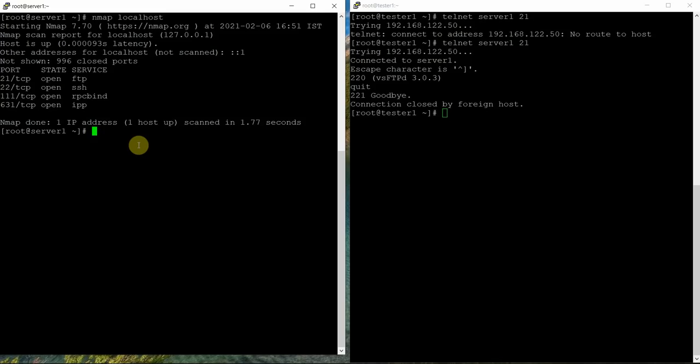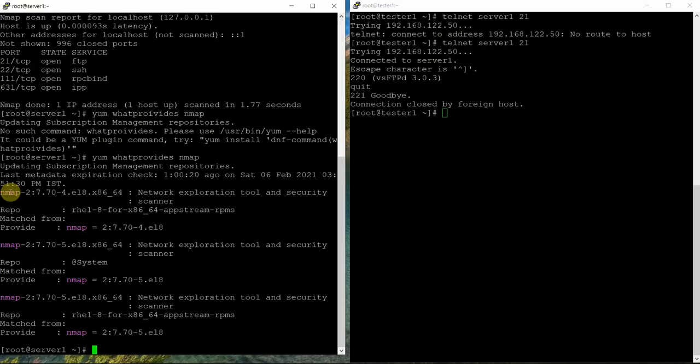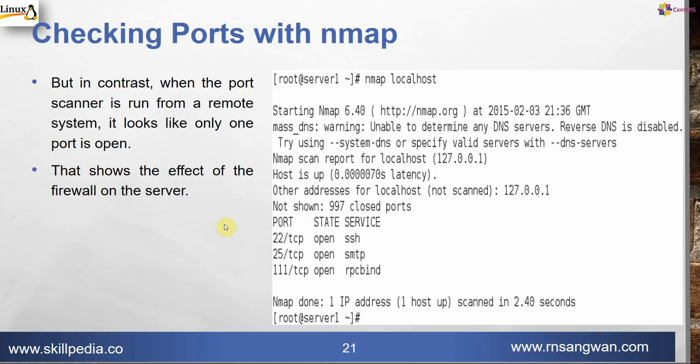So this is a port scanning tool, and to check what provides it, let me see, yum provides nmap. That will give me the package name, and I can install it. There's a typo, provides. So the command is nmap and it is provided by the nmap RPM. If it is not installed, you can install it. So this is the port scanning tool, Nmap.